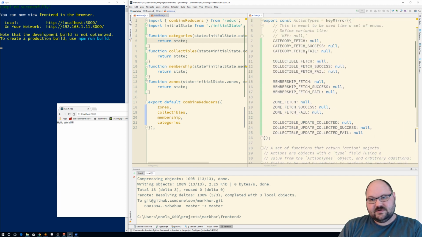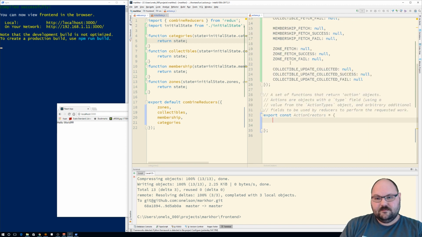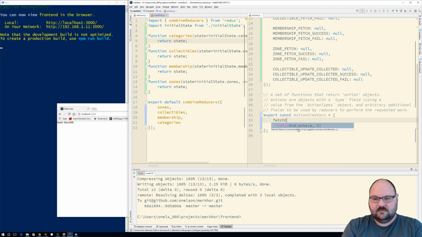So category fetch success fail. So these are the things that we would want to be able to dispatch. Fetch categories, and